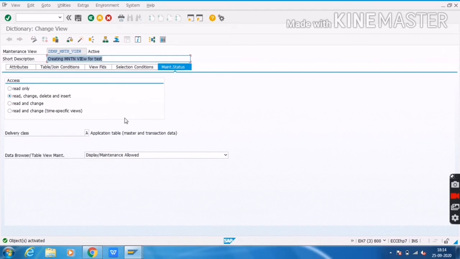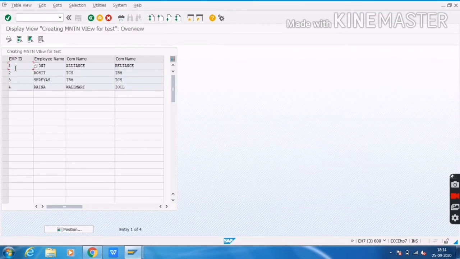It got activated. Now I will test this one. See here we get the list of all the fields inside the two tables: these two fields from the employee information table, and these two fields from the employee company table.